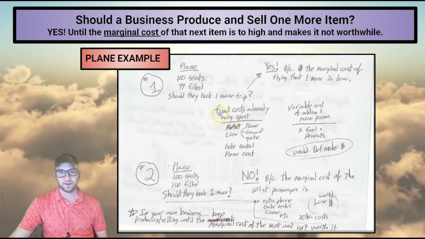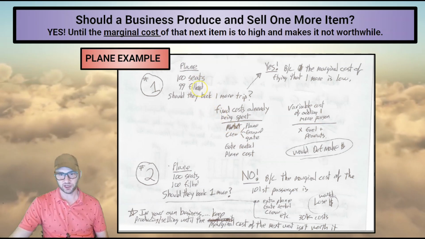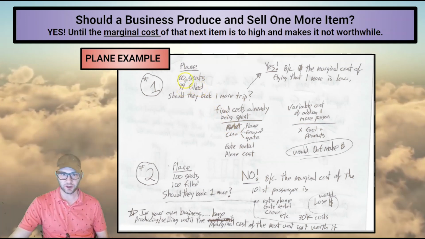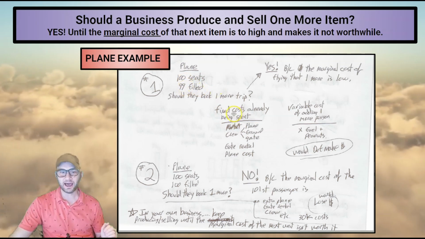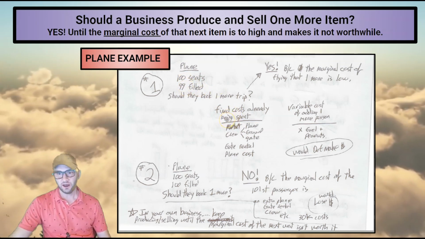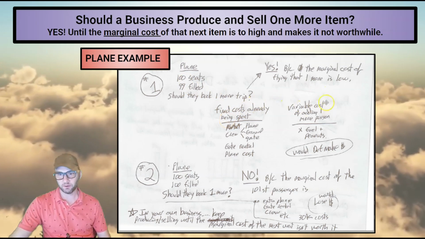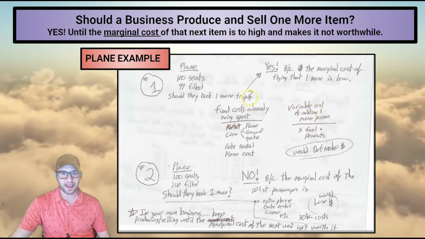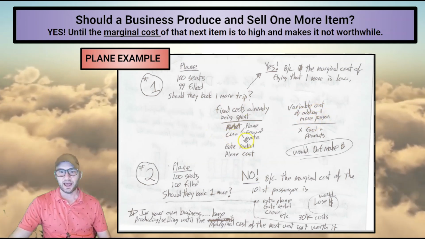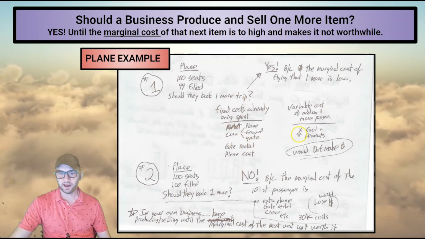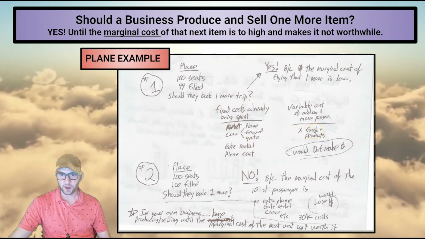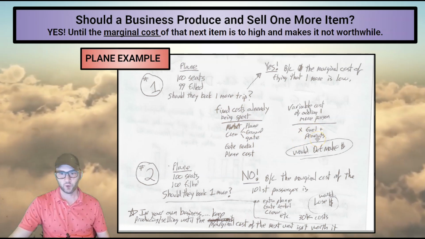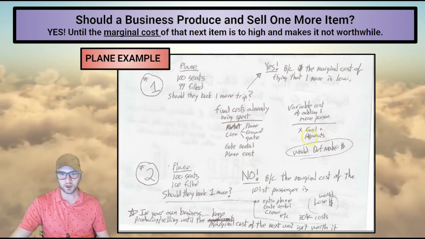So, if they were going to add one more person, how much would that one person going from 99 seats to 100 filled add to the cost of that flight? It would only add what's called the variable cost. Adding one more person, it literally would be, because they have to pay for all of these over here, adding that 100th person would only add that extra fuel that the weight of that person would consume and the little pack of peanuts, which is probably going to be like 10 or 20 bucks total.